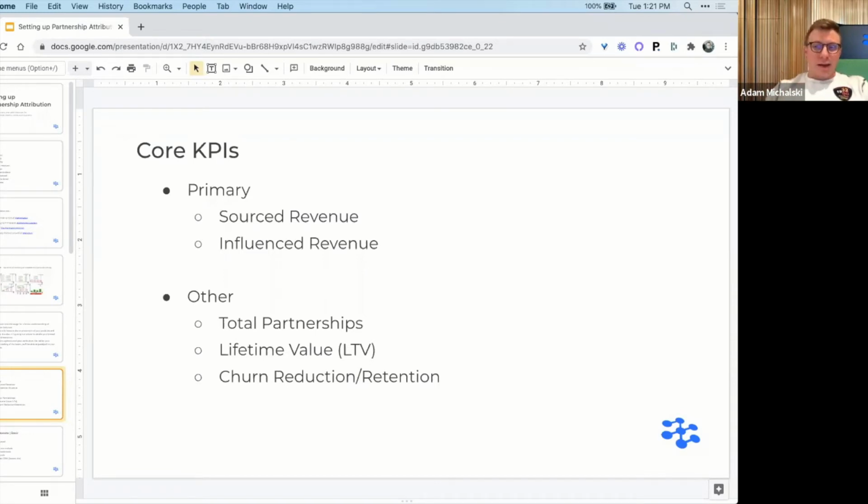But when you're particularly getting started, and we hear this frequently with folks who are just getting a partner program off the ground, you just want to track basic things: how many total partnerships do you have? What's the lifetime value of an opportunity when somebody gets involved with a partner versus somebody who doesn't? Or churn reduction and retention.